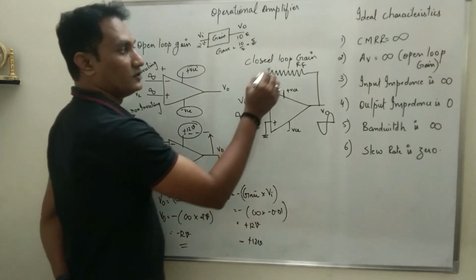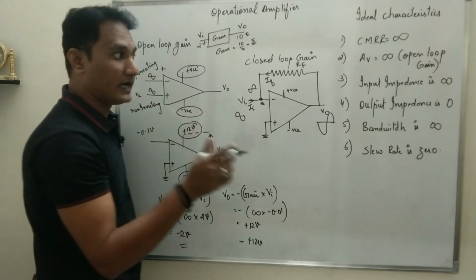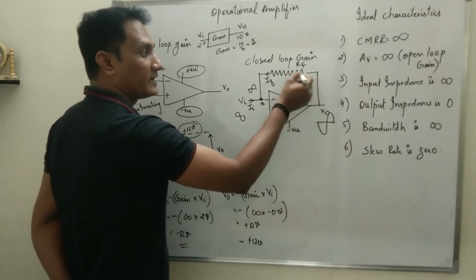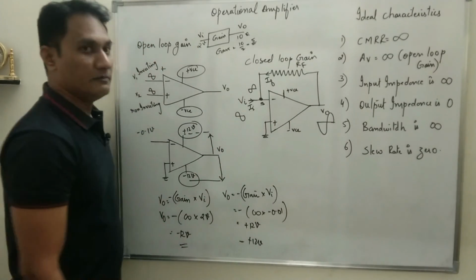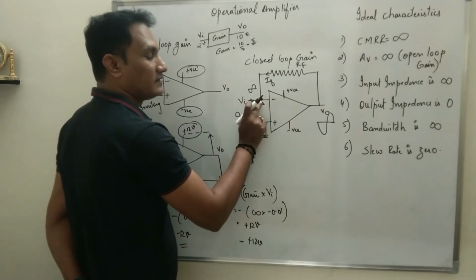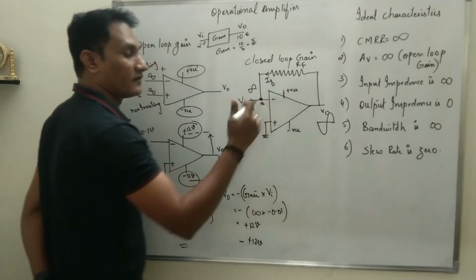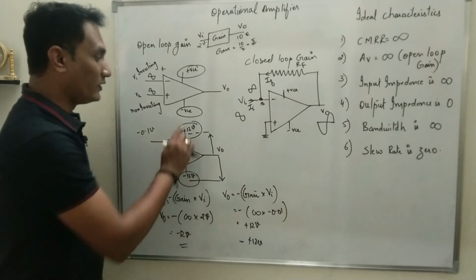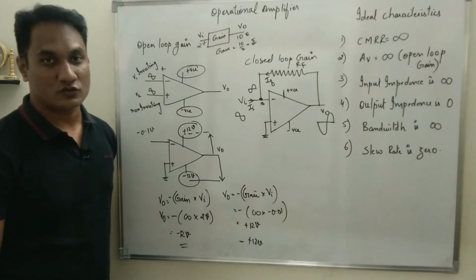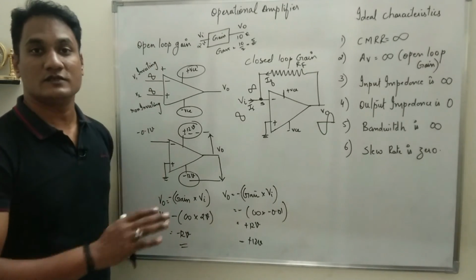Okay, so this is your closed loop gain. So gain of an operational amplifier when some part of the output is connected back to the input through feedback resistance. What actually happens is, when these two inputs combine at this point, the gain is suppressed, and if the gain is suppressed, the output voltage will be a finite value. It will not be positive saturation or negative saturation. Understood? Here the gain was infinite, therefore the output was either plus VCC or minus VCC.